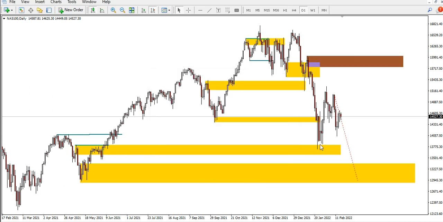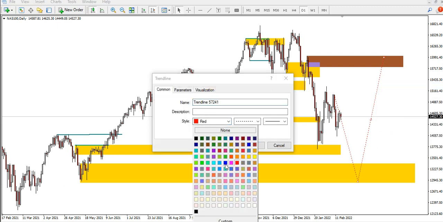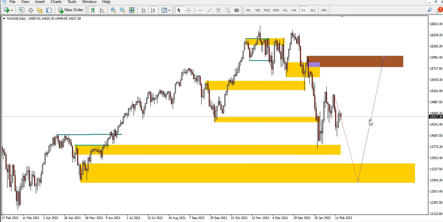So we now have a low and then we have a high, so expect a lower low to be formed here, and then after this mitigation, we expect price to come to this high here. So for a bullish, it will be the blue color. Yeah, so we still expect price to go up and